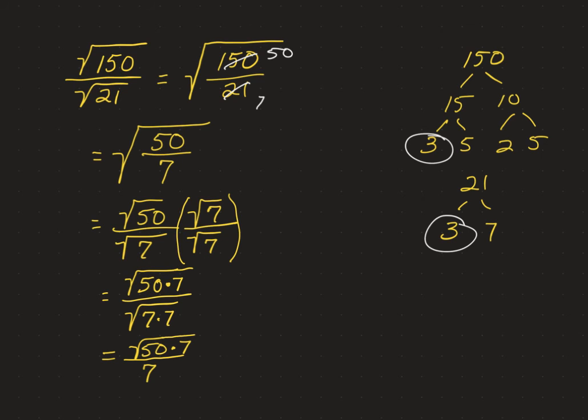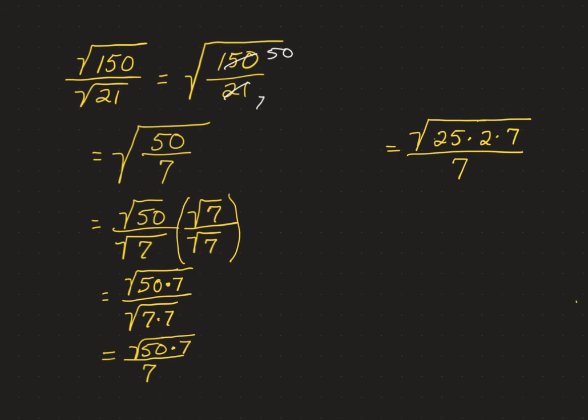Now, I left it like that because 50 is a pretty big number. There may be a perfect square inside of there. And let me just move some things out of the way. Okay, there I have factored 50 into 25 times 2, and that's still multiplied by 7. If you really want to see this specifically, 25 is equal to 5 squared. Therefore, I have a square root of a squared term, so the base can come outside of the radical. So I'm going to have 5 times the square root of 2 is not a perfect square, 7 is not